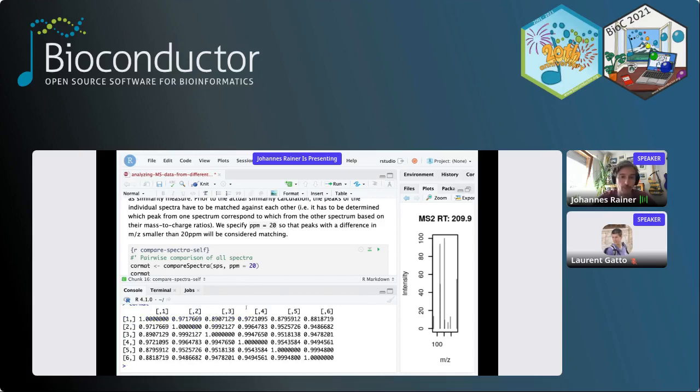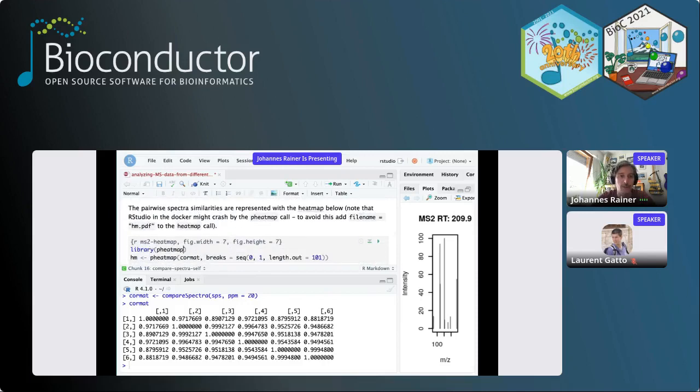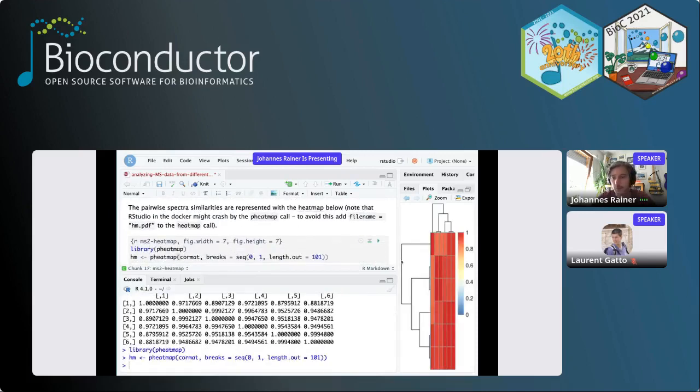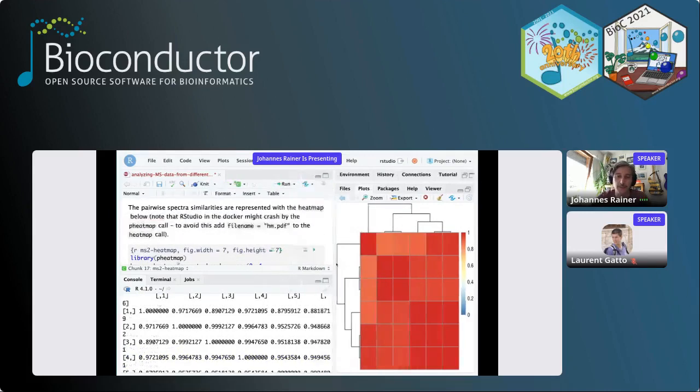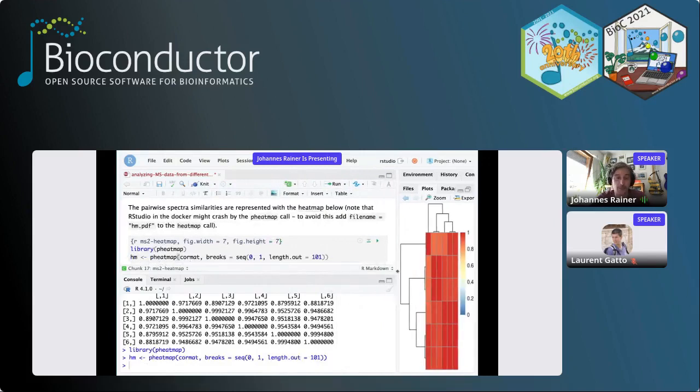In our case, the result is a similarity matrix. So 6 columns, 6 rows, each element compared against each. The diagonal is comparison with itself. And what we see quite nicely is that the similarities are very high. It's maybe easier to see if we visualize this in a heat map. All the similarities are at least above 0.8,